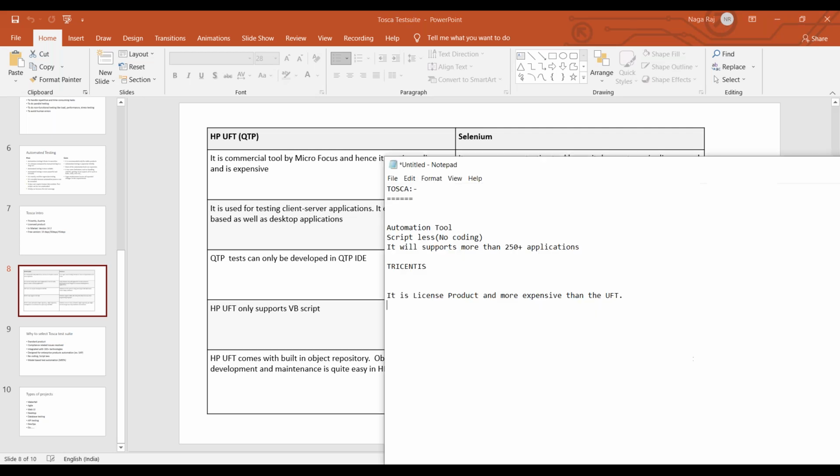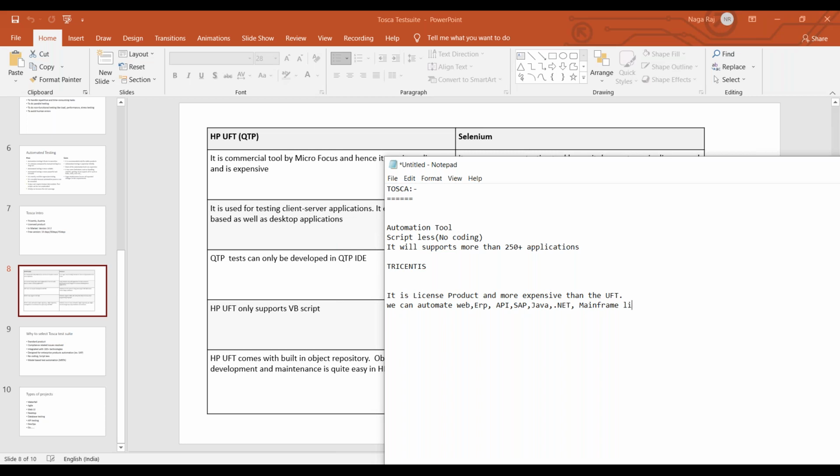But coming to Tosca, here we can automate web applications, ERP applications, API testing, SAP applications, Java and .NET, mainframe.